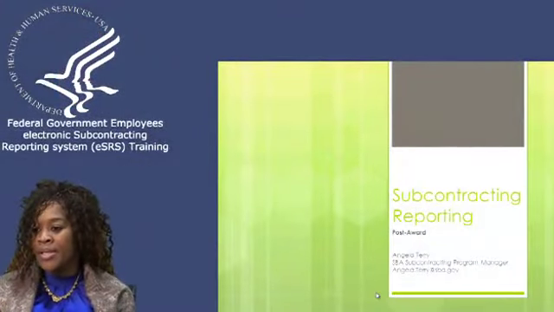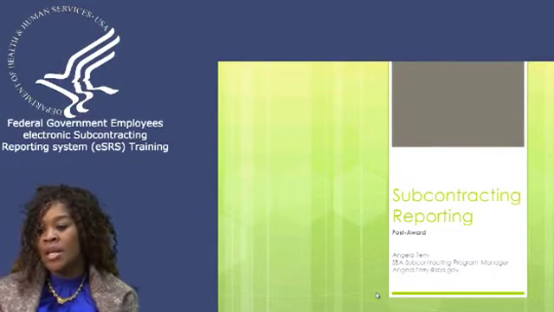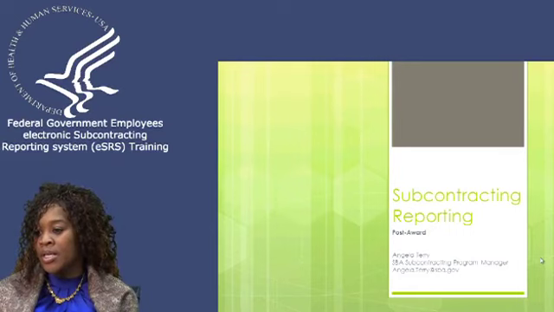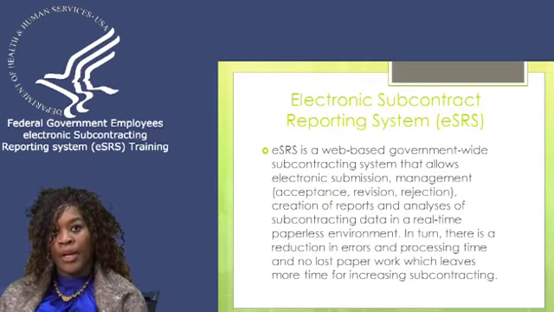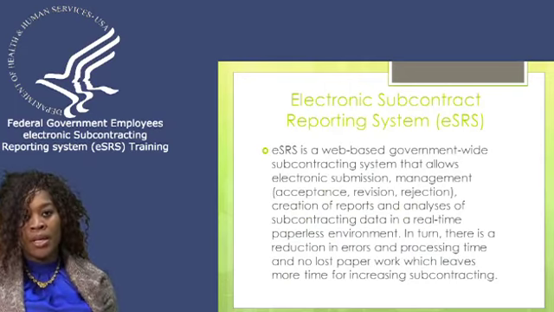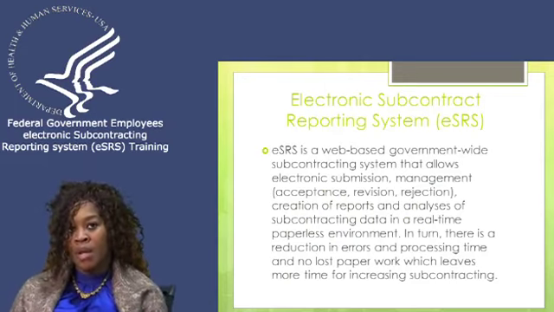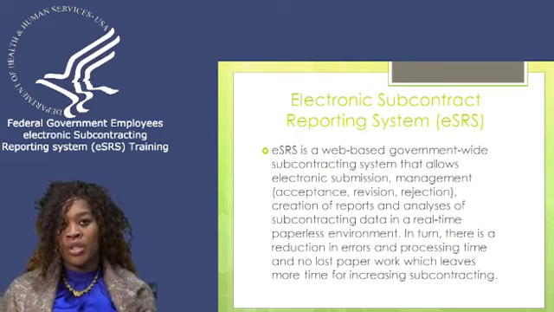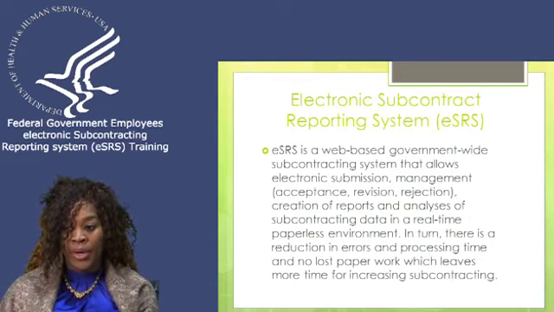Okay. So the presentation that I have in front of you is a subcontracting reporting presentation. It is about post-award responsibilities. We're going to go through the government's responsibilities as well as the contractor responsibility. As you all know, eSRS is the sub-award reporting system for Subpart 19 of the FAR for small business subcontracting accomplishments. This is where you would go to accept, reject, review, and communicate with the prime contractors and subcontractors, summary subcontract, and individual reports.